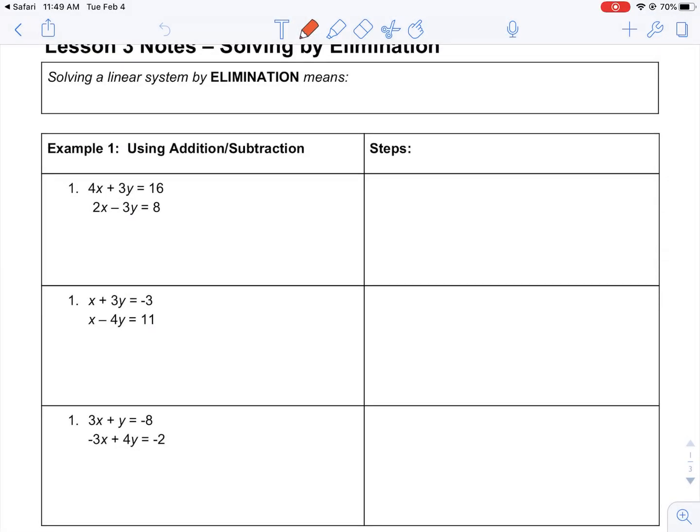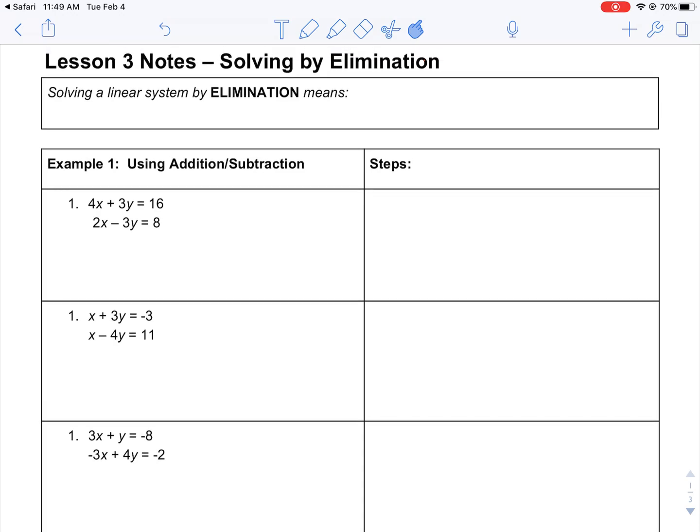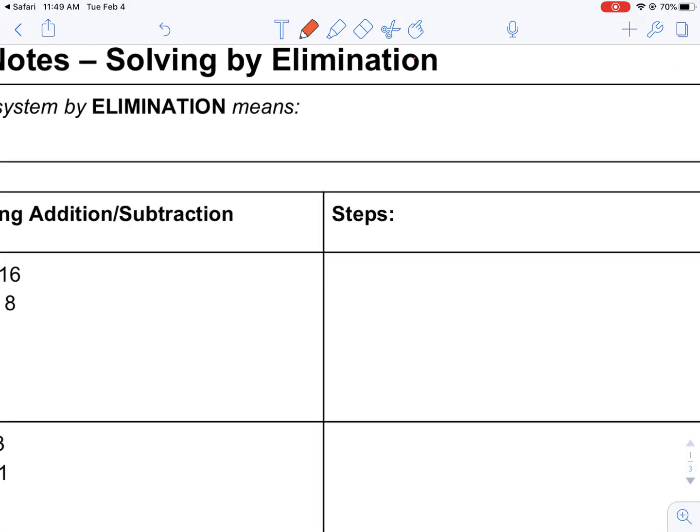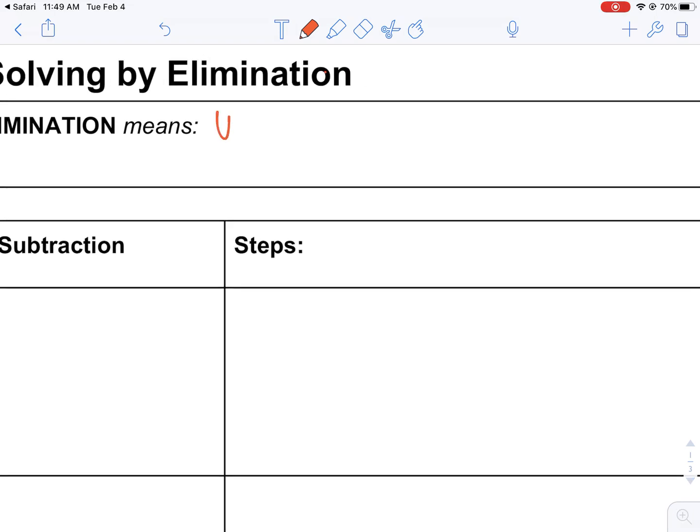All right, so for today's third system of equations lesson, we're going to talk about solving a system by elimination. So what does this mean? This means that we're actually going to find one set of opposite coefficients that we can eliminate in order to solve for one variable. So I feel like the key word that you need to remember that elimination means is that you are going to be using